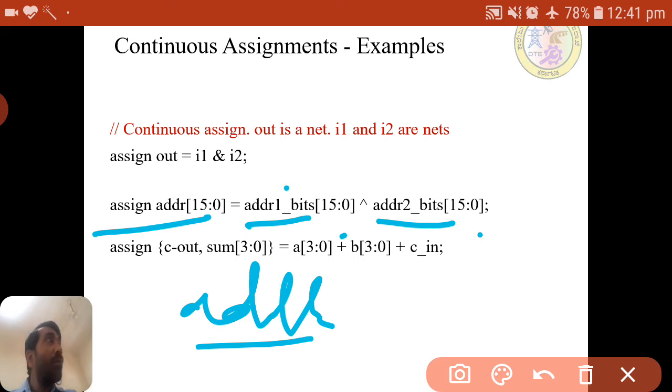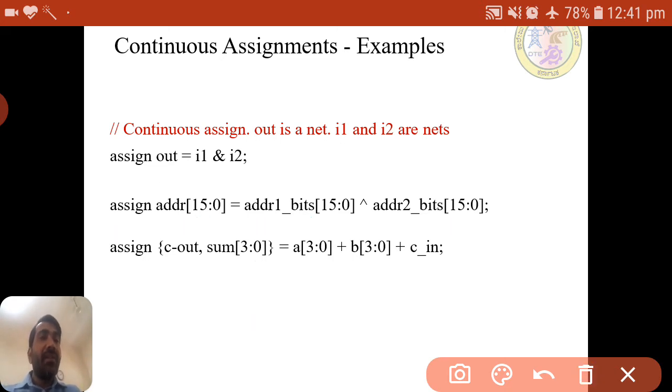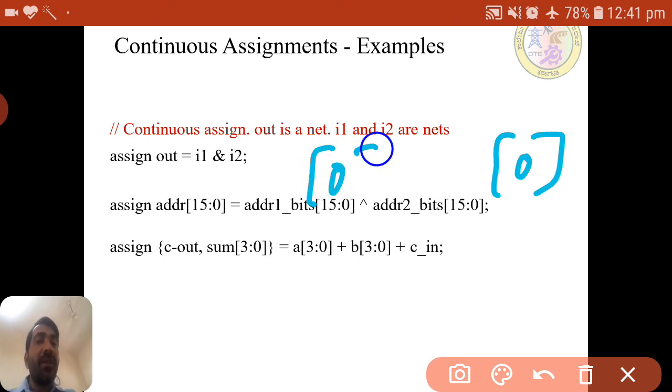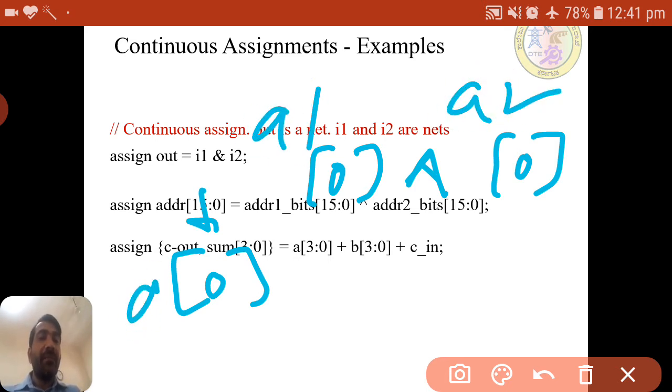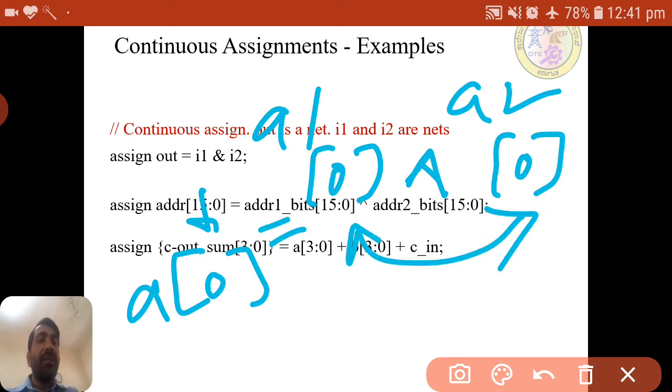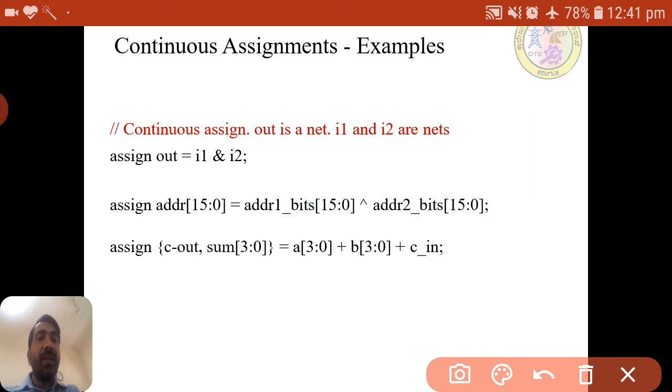For example, the first bit of address 2 and the first bit of address 1 are XORed, and that will be assigned to the first bit of address 0. Both XOR will happen, and the result will be stored in address of 0.